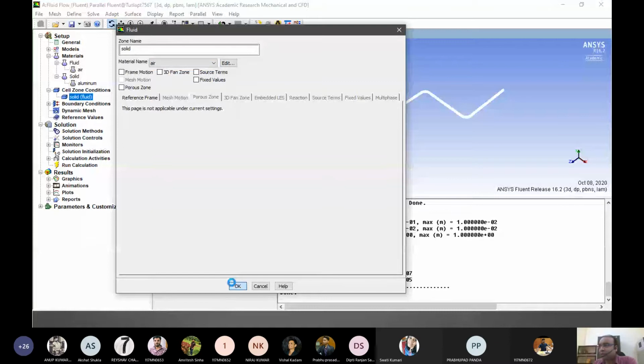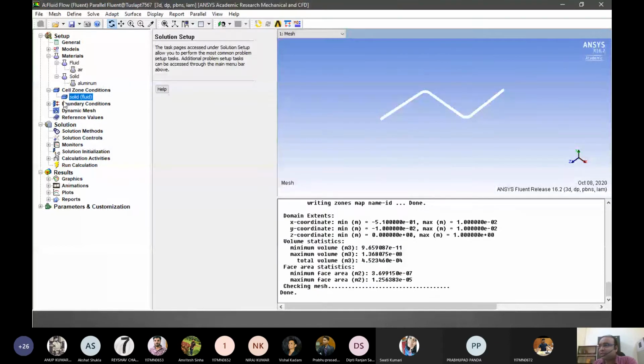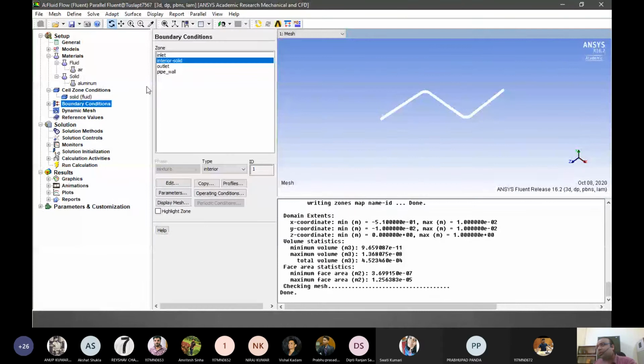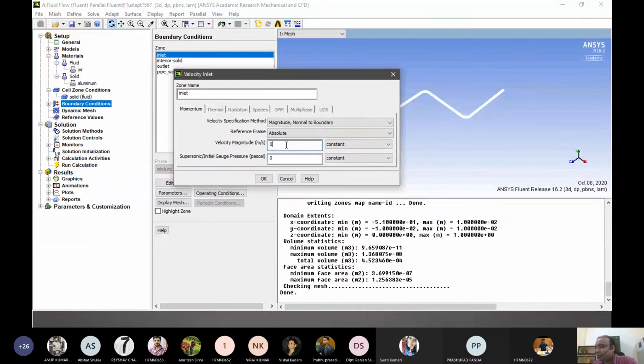Right, and the boundary conditions. Now, in boundary conditions we have to define what is the input, what is the output, and so on. So inlet we defined at one end, and outlet we defined at the other. Right. So if we click inlet, we have to define some magnitude for velocity. Either we can give velocity or we can give pressure. Any of these will work out for us. We can have either relative or absolute. So let's put a velocity of 1 meter per second, and click OK.